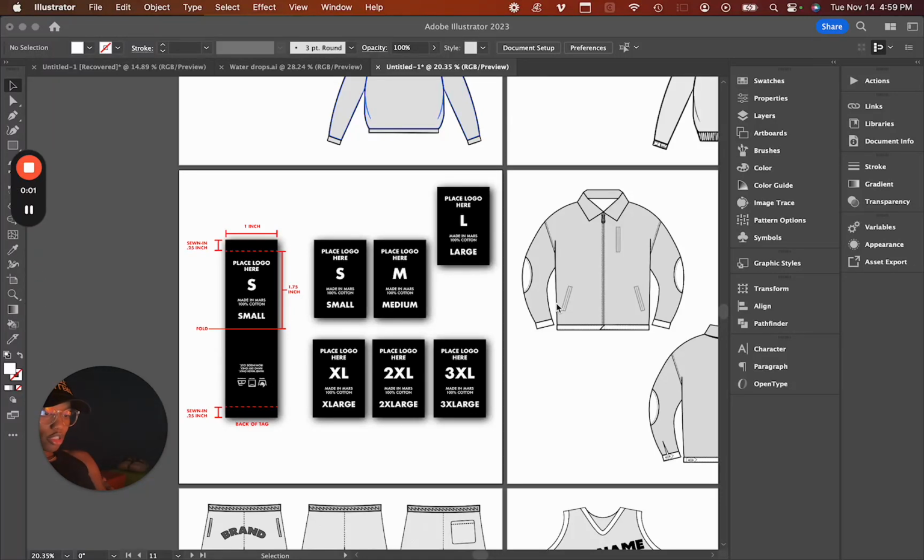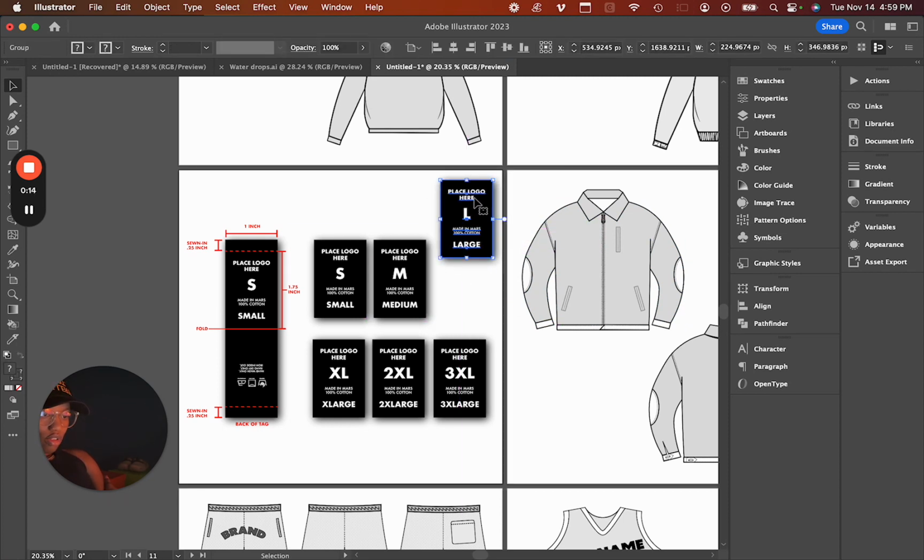Okay, real quick, I'm going to show you guys how to take individual images from the mockup pack and save them as their own separate file. For an example, I'm basically going to use this tag. Now, the first thing that you want to make sure of is that the item that you want to export